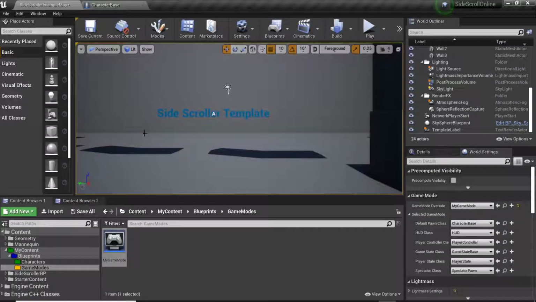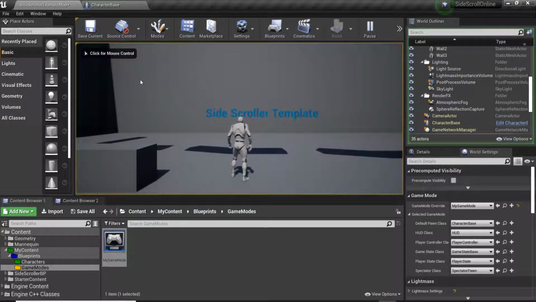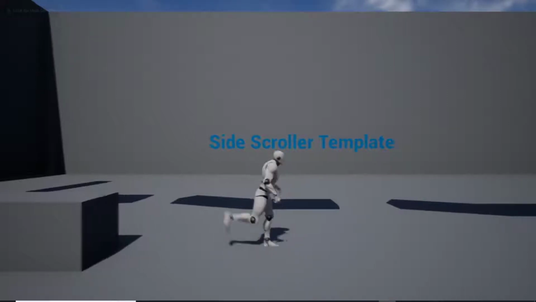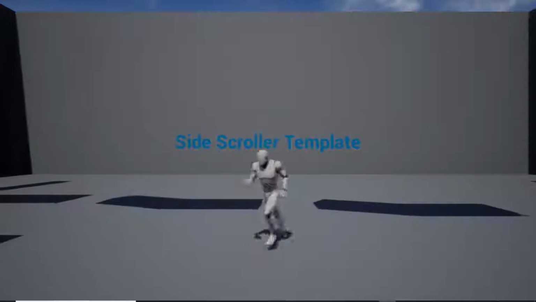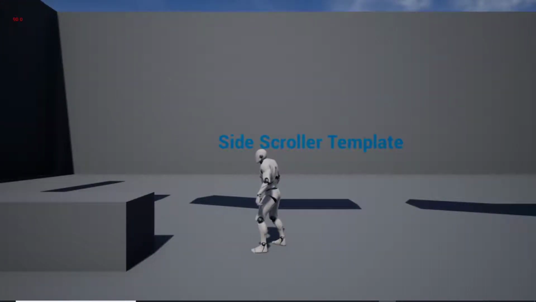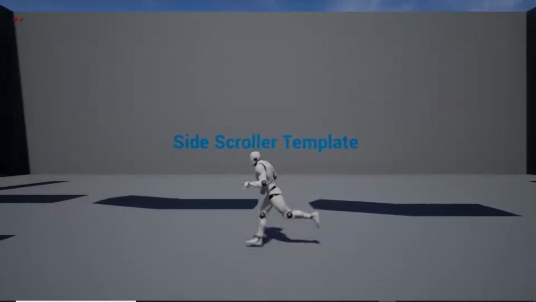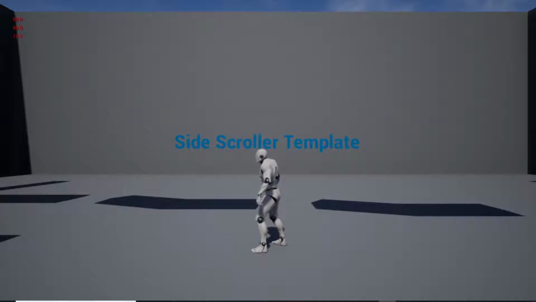So compile, save, we'll go out here, and your print strings should appear right up here in the upper left hand corner. So if we hit play, we'll see here, let me go ahead and F11 to full screen this so it's a little easier to see. And as I'm running back and forth and I press the H key on my keyboard, you'll notice now it says 90.0. So I took 10 damage, now it's at 80, so 70, 60, 50, 40, so on down,